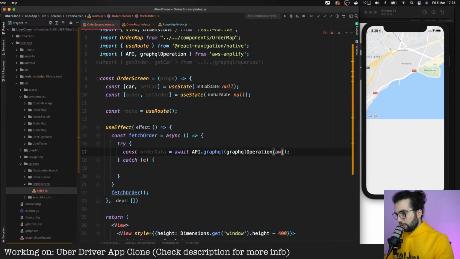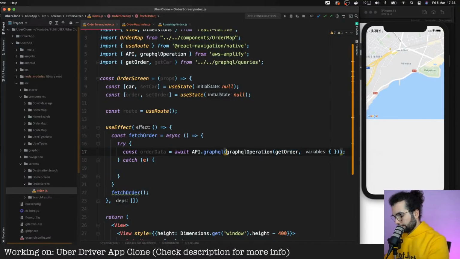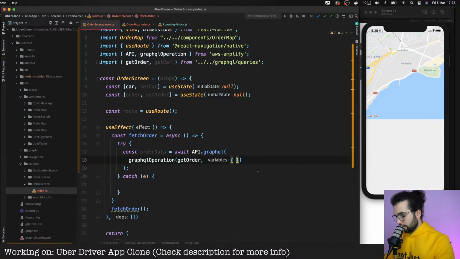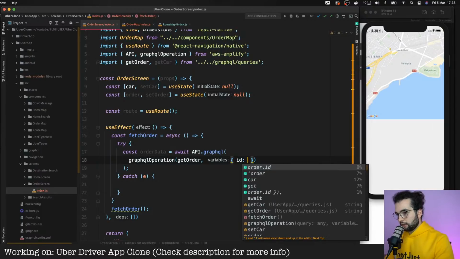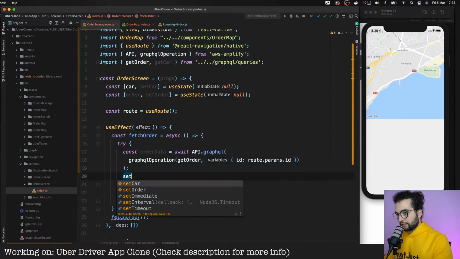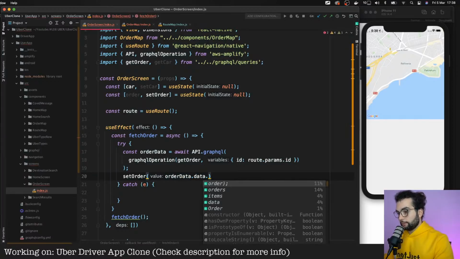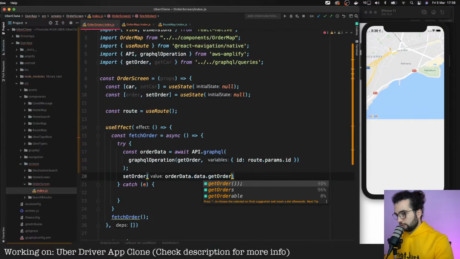And here we will pass the getOrder and the variables. Let me put it on a new line so we can see. The variables will be id is going to be route.params.id. And we can set order in state to orderData.getOrder.